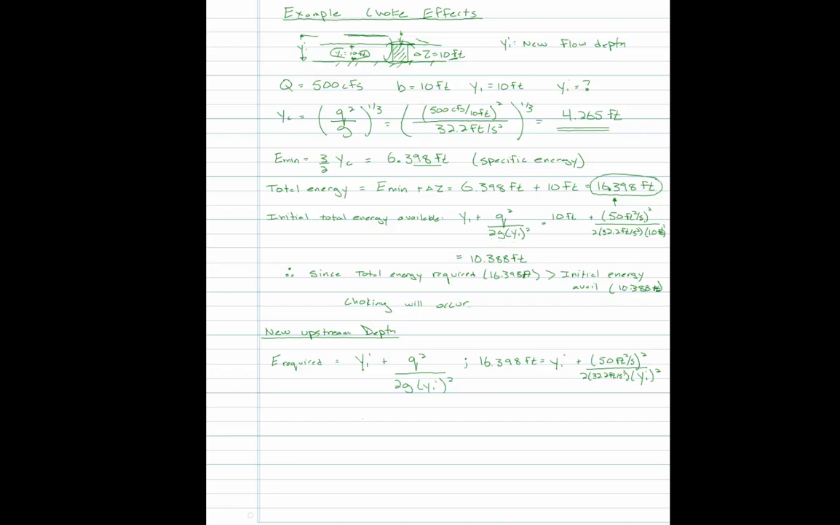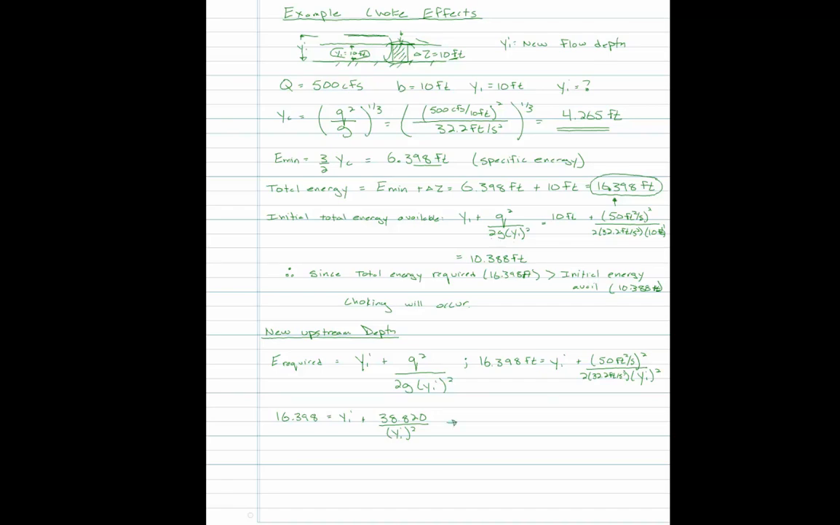So if we rewrite that again, that is going to be 16.398 is equal to y prime 1 plus 38.820 divided by y prime 1 squared. Okay, and if we turn that into a cubic equation by multiplying each term by y prime 1 squared, then